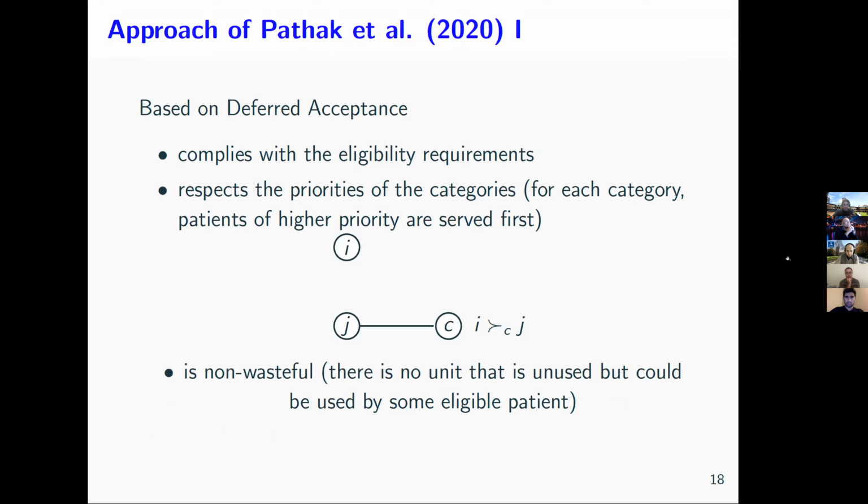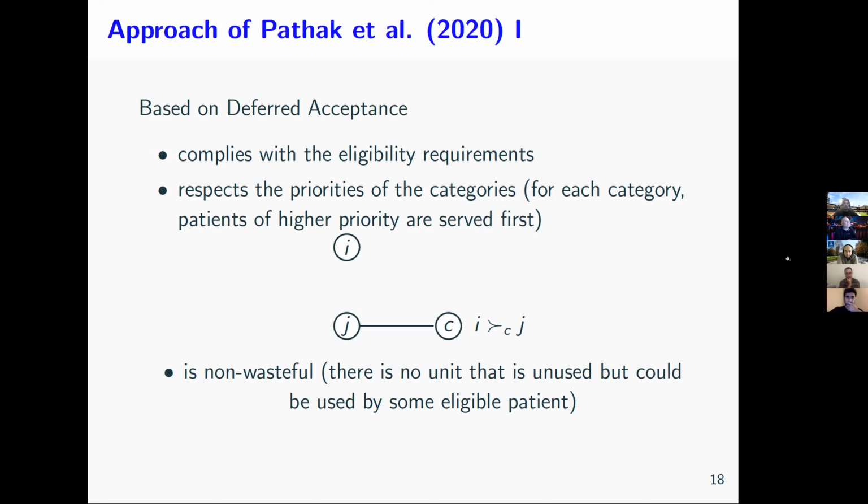If you recall the deferred acceptance formulation, it typically assumes that both sides have strict preferences and priorities over the other side. So in this case, one can artificially break the preferences of agents over categories. And after that, one can directly implement the deferred acceptance algorithm. And if you do so,